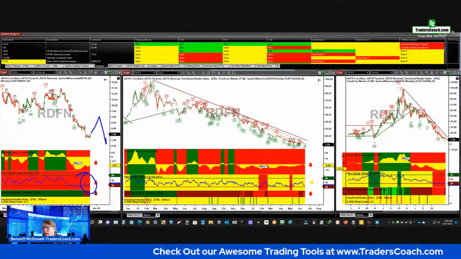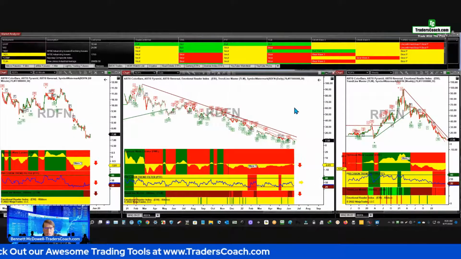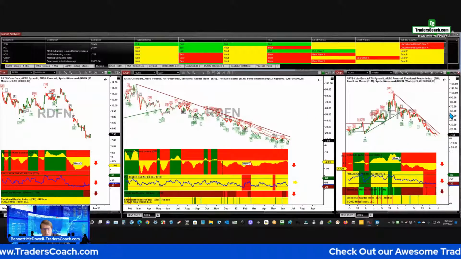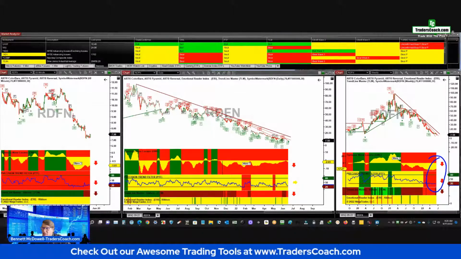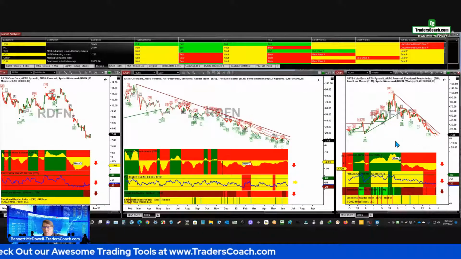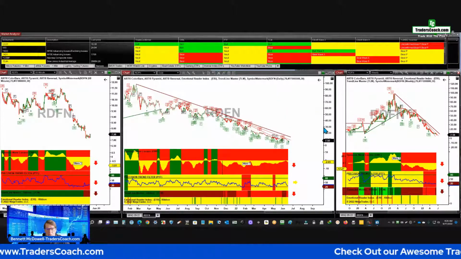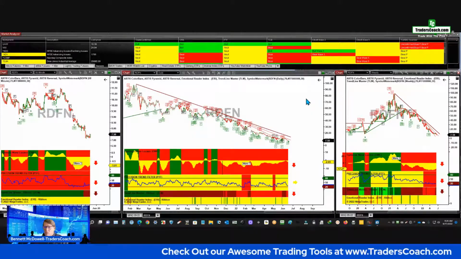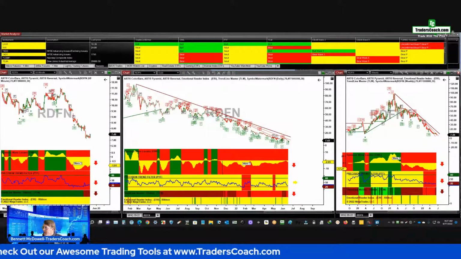So I don't think we have a bottom in yet, but I would watch this one like a hawk, because when it does bottom, you'll have a nice position to get a long trade. Notice the owl here and the PTF on the weekly chart are still red as well. So definitely not a buy right now, but keep an eye on it. And hopefully you're short, okay? If you're short, just use one of the pyramids on the daily chart before it rebounds, okay? And you'll be in good shape. All right, let's see what else we got.